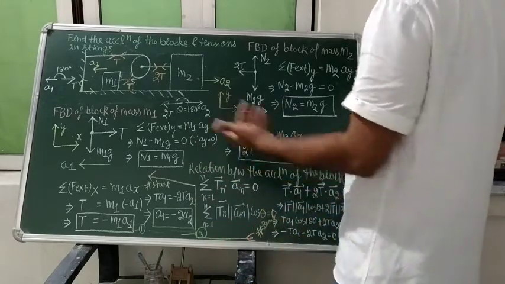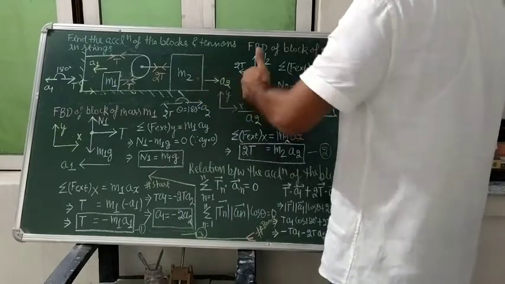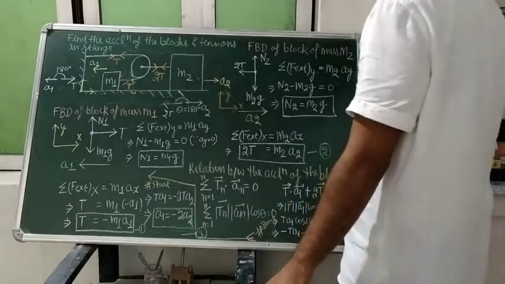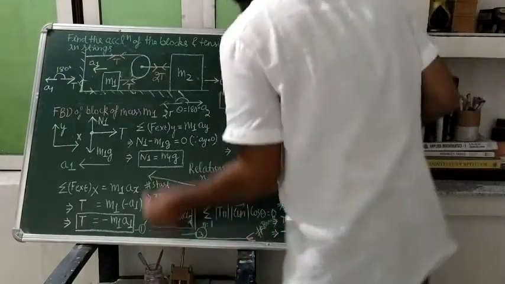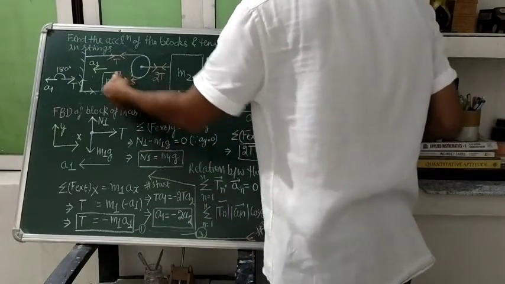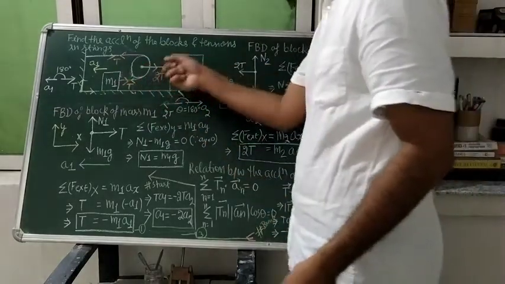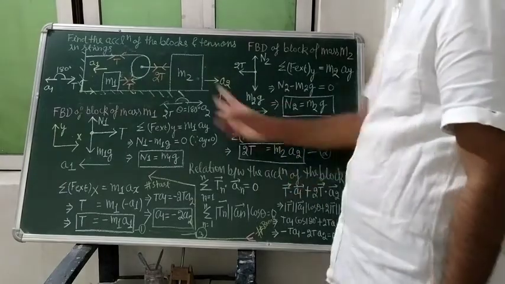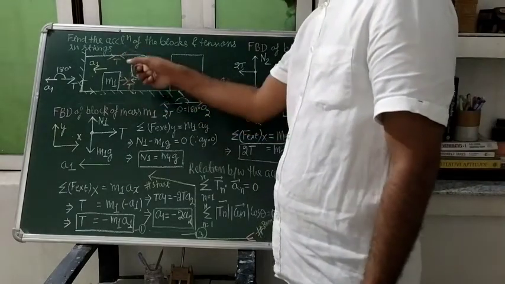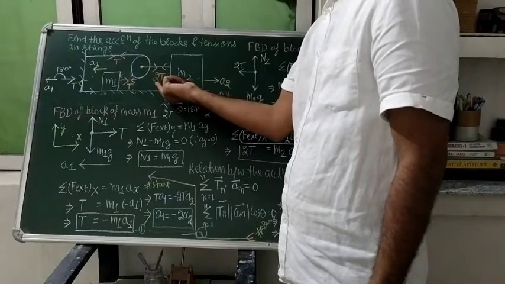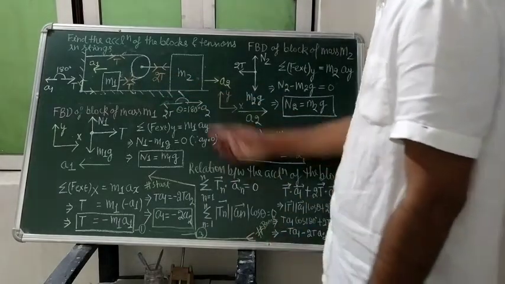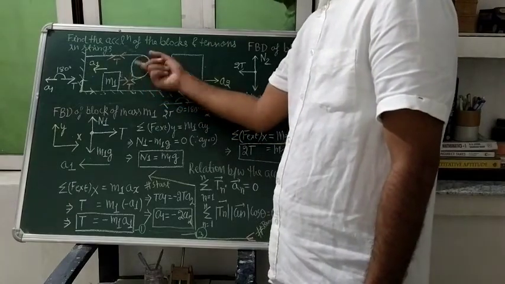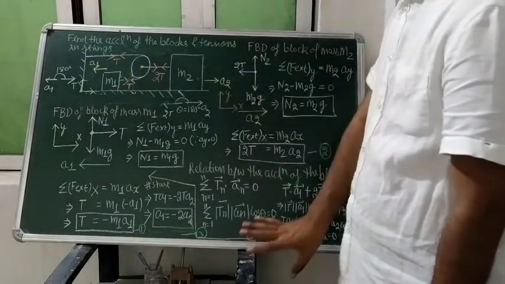For that, we have assumed acceleration a1 in this direction and a2 in this direction. And of course, for the tension, suppose the tension T is acting here, so the same tension will act here, and here it will become twice of T. When you cut the string and draw the free body diagram of this pulley, twice of T is going to come. For the object of interest, this mass m2, it will be in this direction. For the pulley, it will be in this direction. Tension will always come in here.